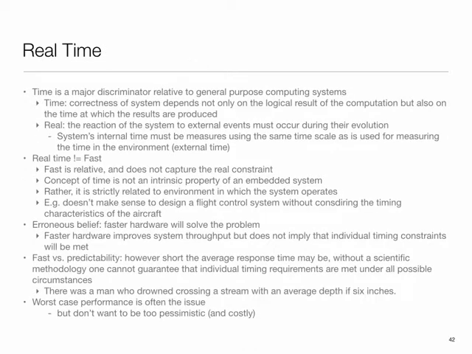Real time is not about being fast. It's actually about meeting the timing constraints. Usually predictability is more important than just being fast. In fact, in many cases, you can easily come up with situations where you throw in faster hardware and things will break, whereas with the slower hardware, they were working fine. So fast doesn't necessarily mean good or better. That's an issue also.